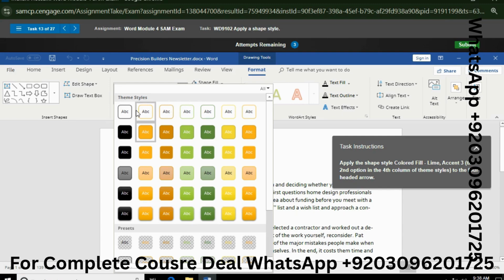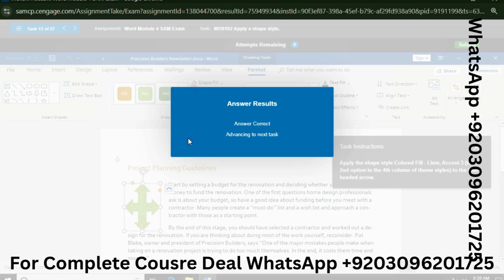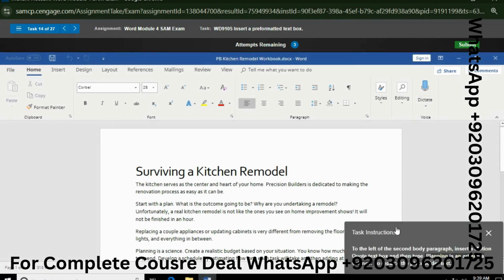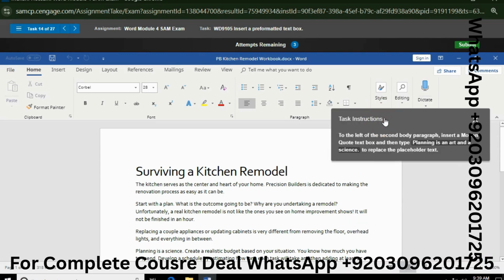Fourth column 1, 2, 3, 4, and second option, this one, colored fill lime accent 3. Our answer is correct.